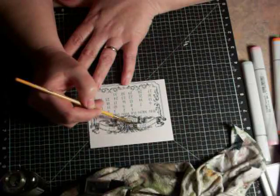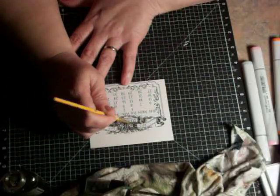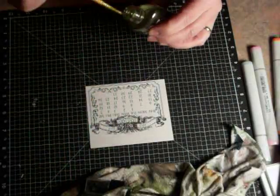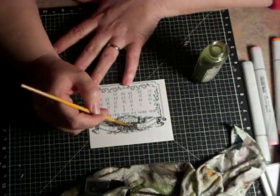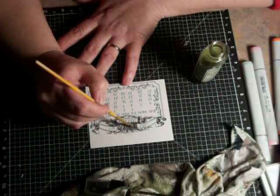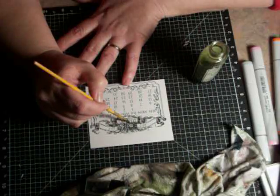This technique that I am doing is a technique that I learned from watching Marion Smith. I started watching Marion Smith, I think about 3 or 4 years ago. I found her on YouTube. Oh my gosh, I liked her concept of scrapbooking, and